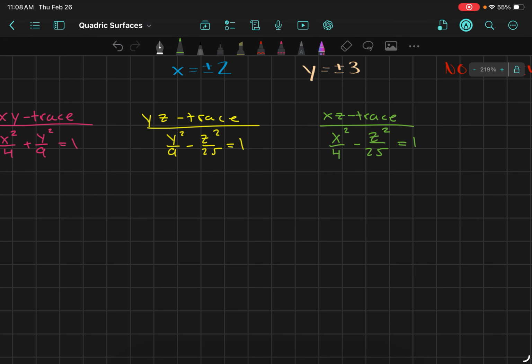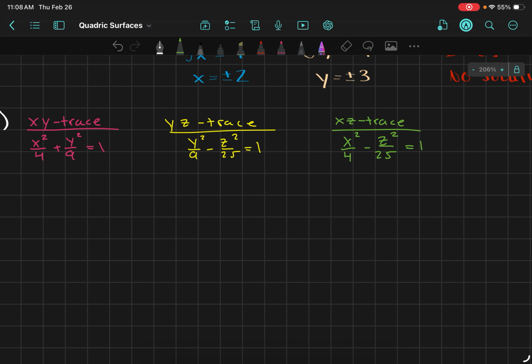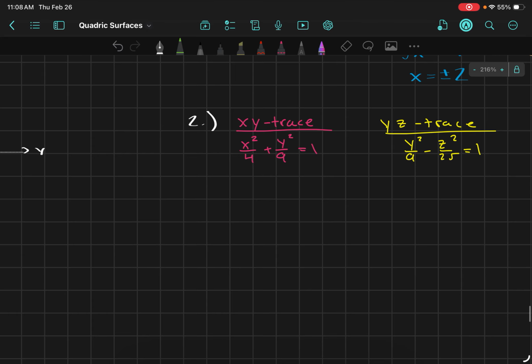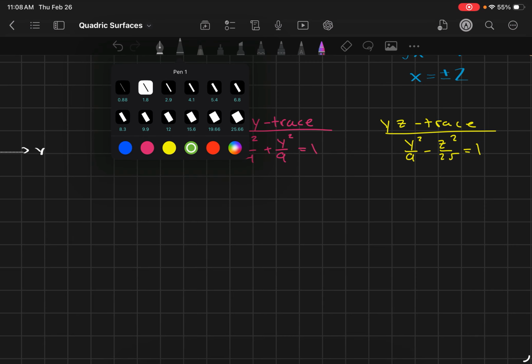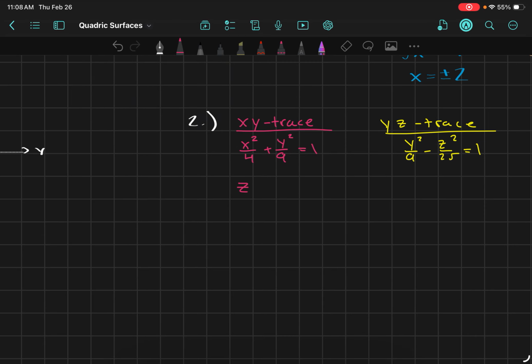Sounds good. Now we have our 3 traces, but when we graph this, we have hyperbolas, right? Okay. We need, essentially to make it a better photo in my eyes, we need to set our xy trace equal to our z equals z naught trace. I'll verbalize it once I graph it, but